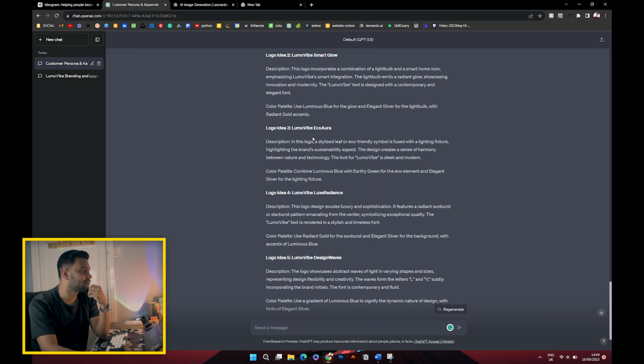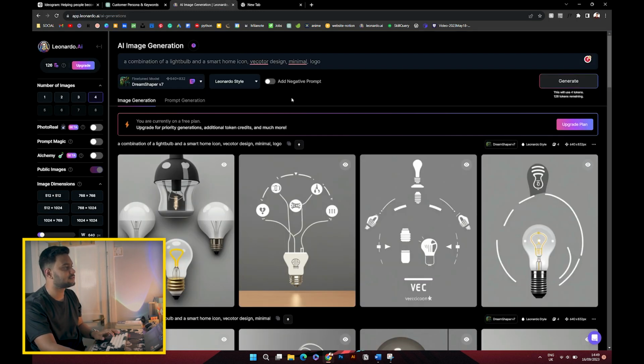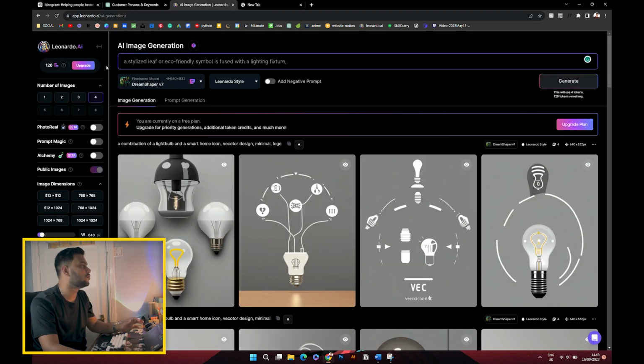Okay, a stylized leaf or eco-friendly symbol fused with a lighting fixture. This seems like something that might work. So let me put in a stylized leaf. I'll remove the eco-friendly symbol because the "or" is not a really good thing to put in a prompt, because the AI will get confused and do crazy things. I'll add vector logo,